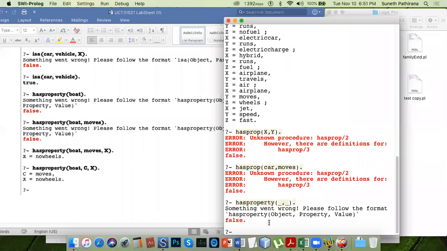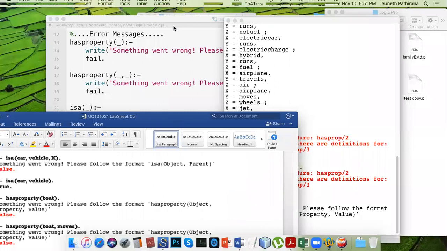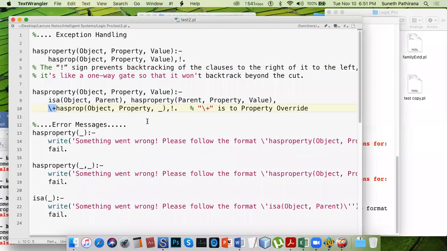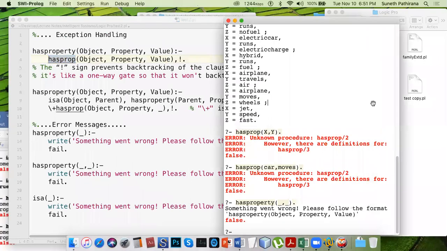Okay, now we get the error message. So I have overwritten the original has prop, which is our internal arrangement or management. This has property, I have overwritten. If you keep this as has prop, then you can call the same function.